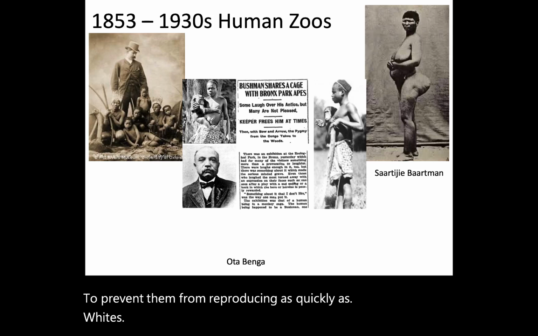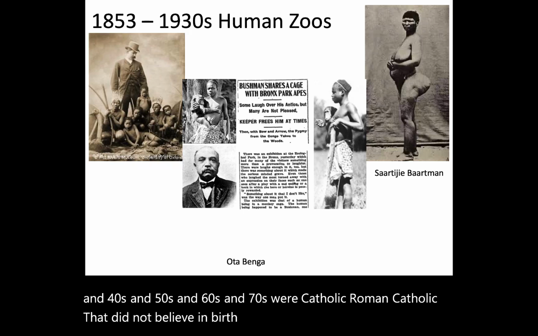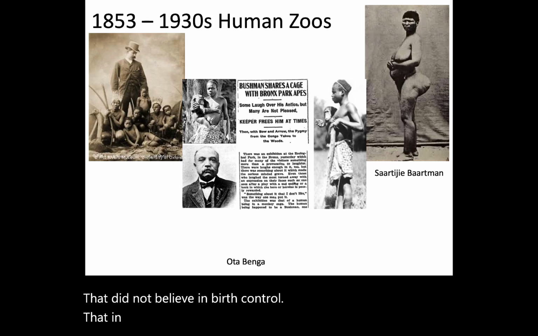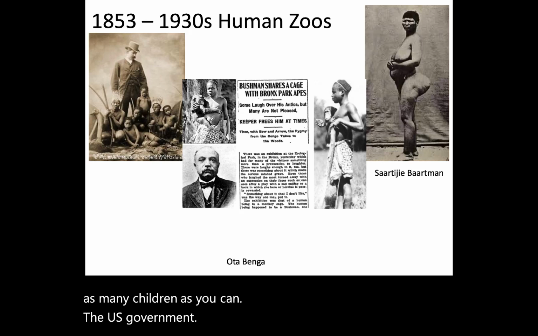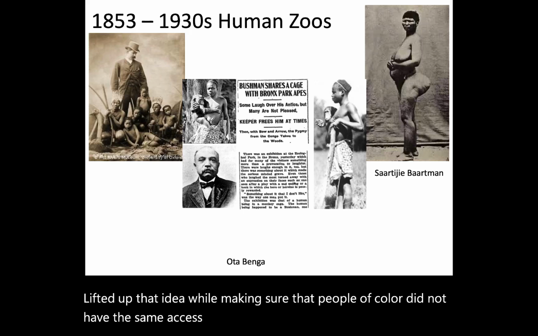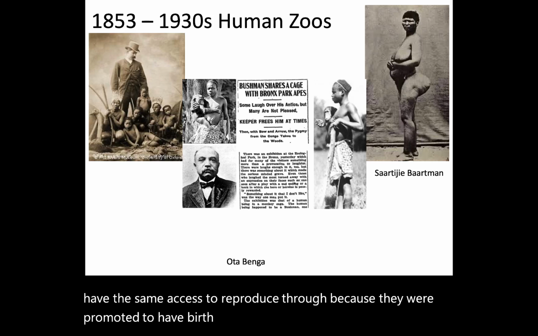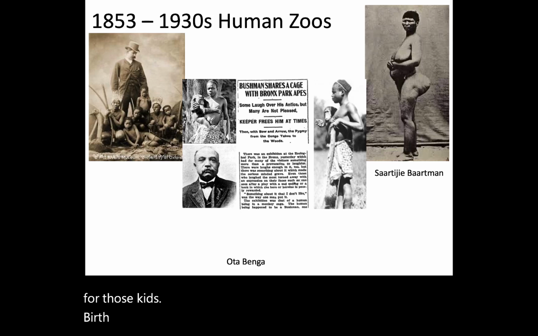Most of your wealthy middle class white Americans back in the 30s and 40s and 50s and 60s and 70s were Roman Catholic, and did not believe in birth control. They in fact believed that you should be able to propagate as many children as you can. The US government lifted up that idea while making sure that people of color did not have the same access to reproduce because they were promoted to have birth control. You don't have the ability to care for those kids. You need birth control. While the white European Roman Catholic was